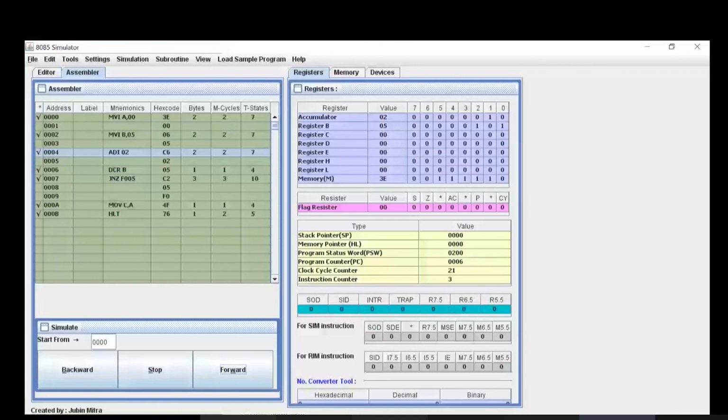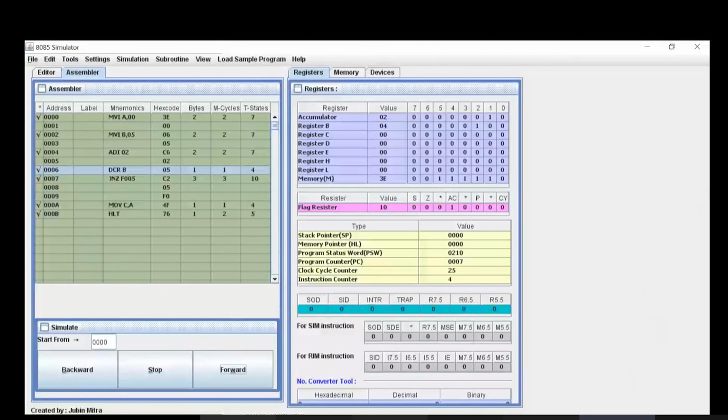Yeah, there you go. So you can see the accumulator is loaded now. All right. So we're going to add this to 5. Okay, we're going to do that how many times? Okay, let's see now. So come down, decrement B. So till the decrement B becomes 0, we're going to do that. So decrement B. So B is now decremented. All right. Look at the value of register B now.